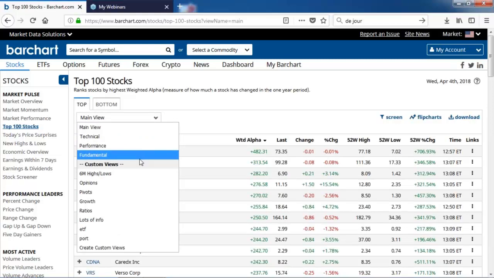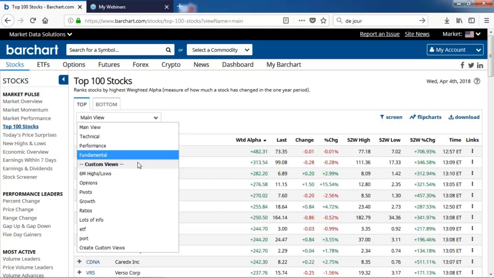Now today we're going to talk about custom views. Custom views allow you to put in different columns for yourself depending on what data you're looking at. Like I said, there is an infinite amount of amazing data on the Barchart site. Now you want to figure out a way to utilize it best for your personal use. That's what this customization allows you to do today. Customize the columns. That's what we're going to do.